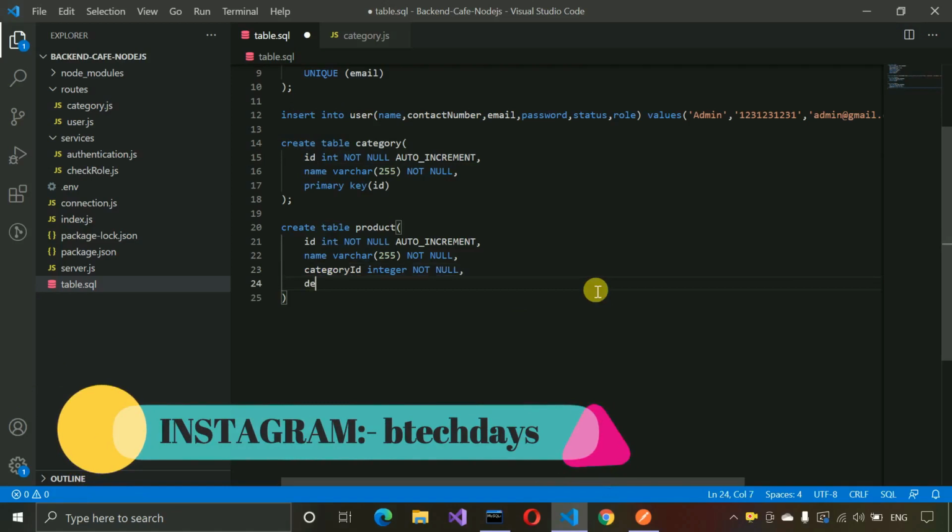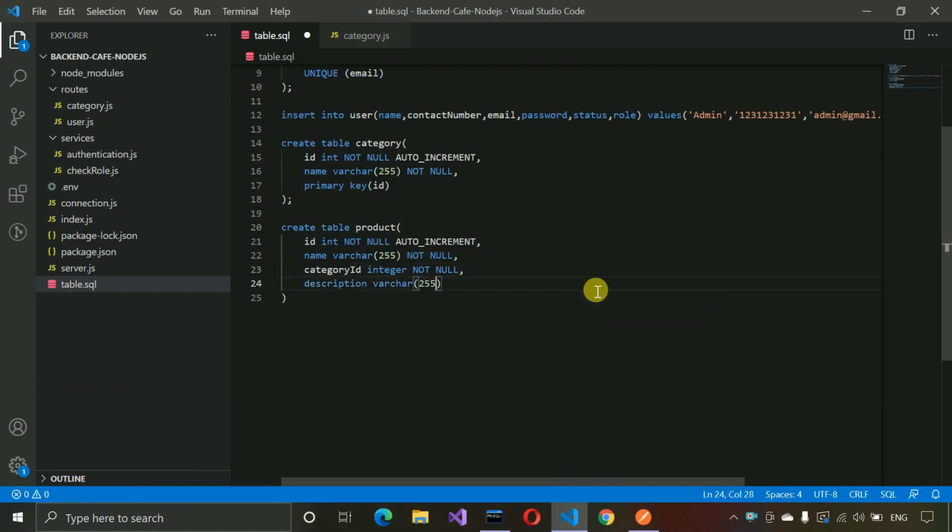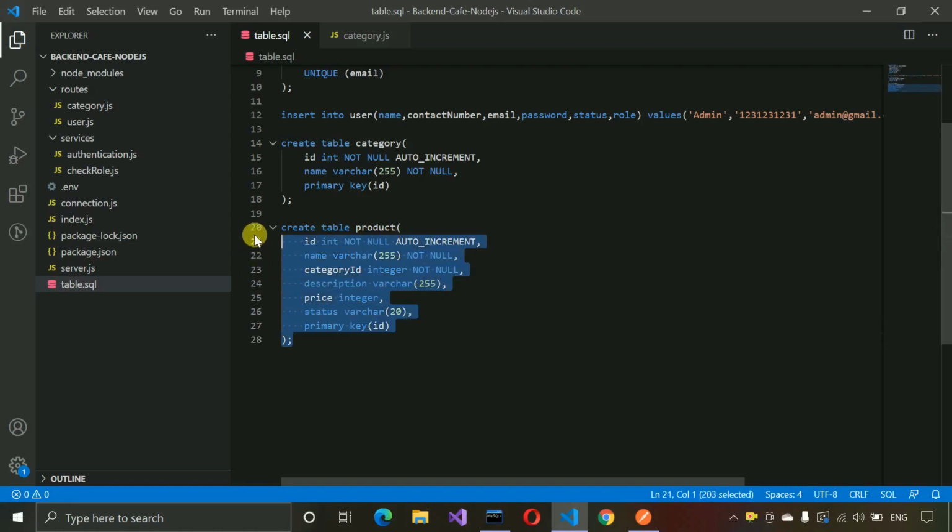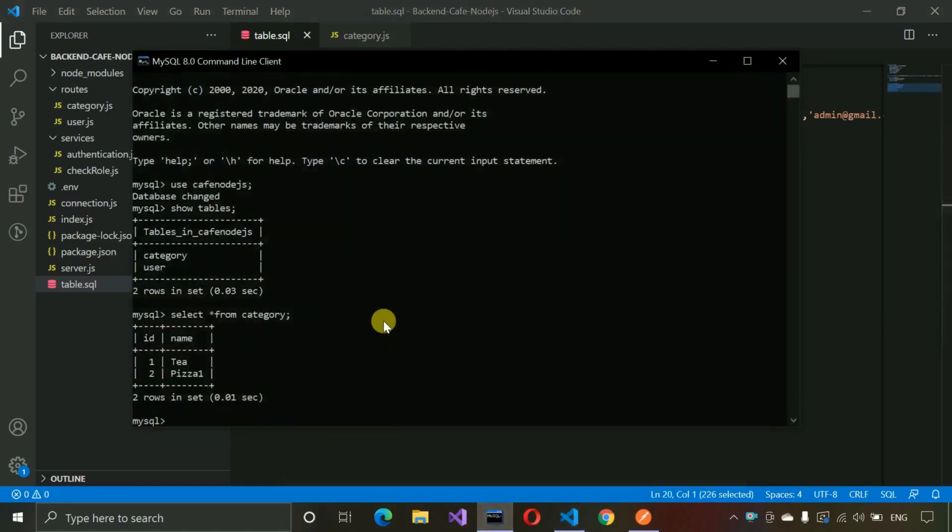After that we have to write description varchar, and it should be 255, and price integer, this one, and status varchar, and it should be 20, and after that primary key, it should be id, okay? And at last put semicolon, save it and copy this query and open MySQL and paste it over here and